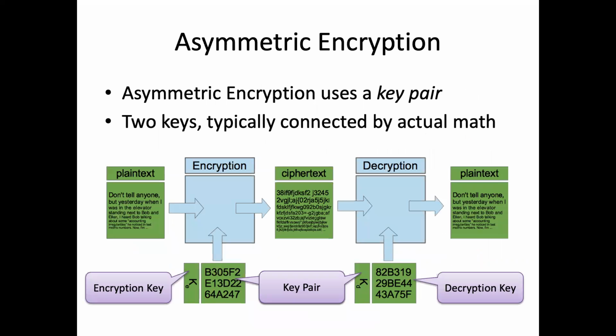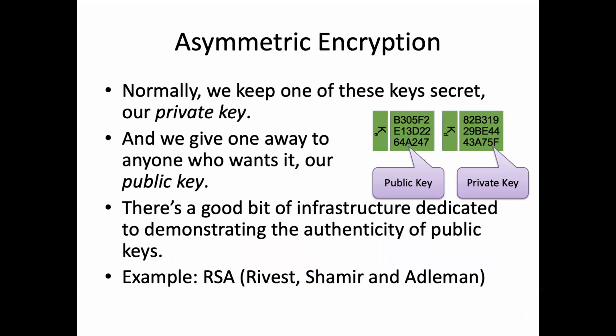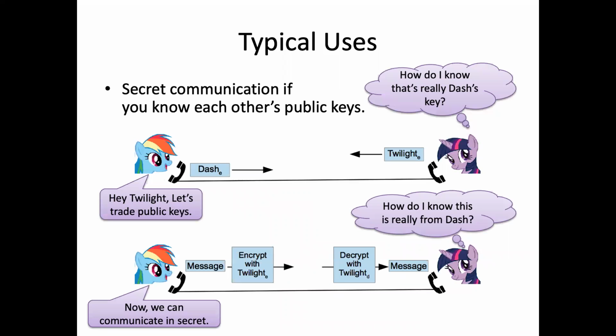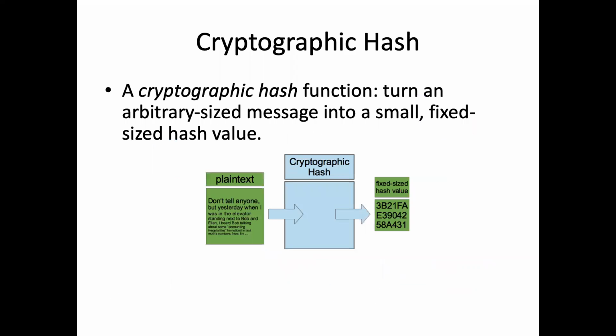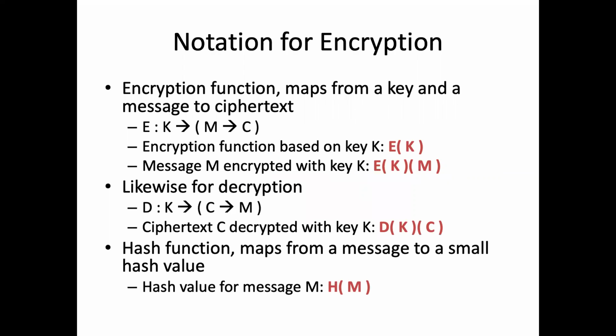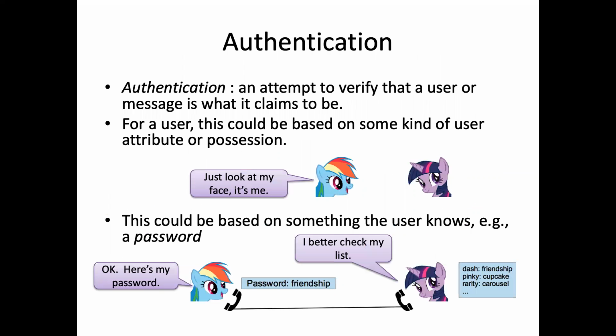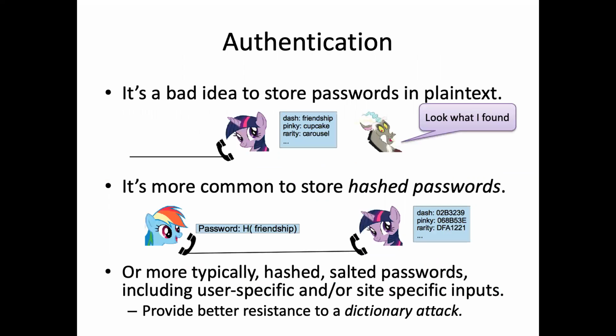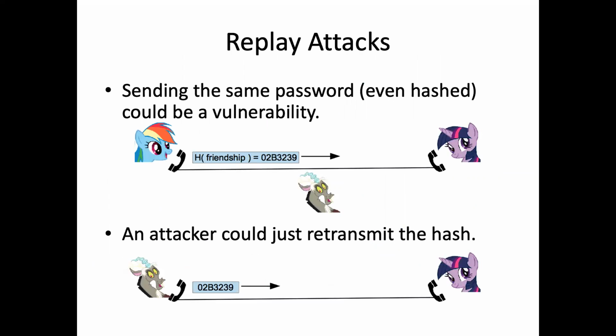We talked about asymmetric encryption and decryption, how that works, and some extra things you can do with that. We talked about a cryptographic hash as a kind of final encryption operation that doesn't depend on a key. We talked about a notation for describing cryptographic operations. And then we talked about different types of attacks and countermeasures based on the encryption technologies we already talked about.